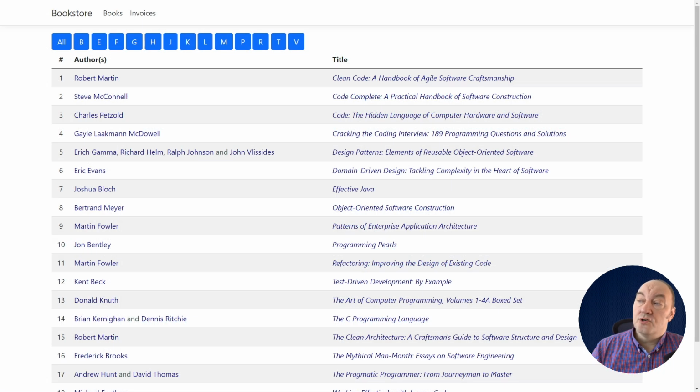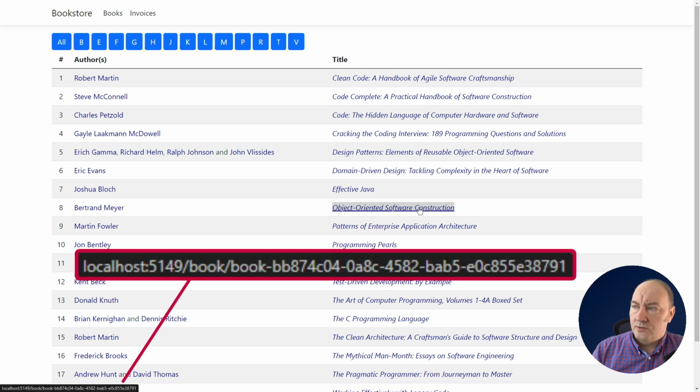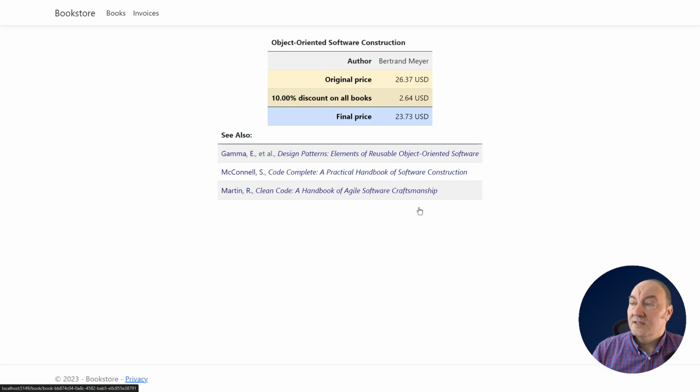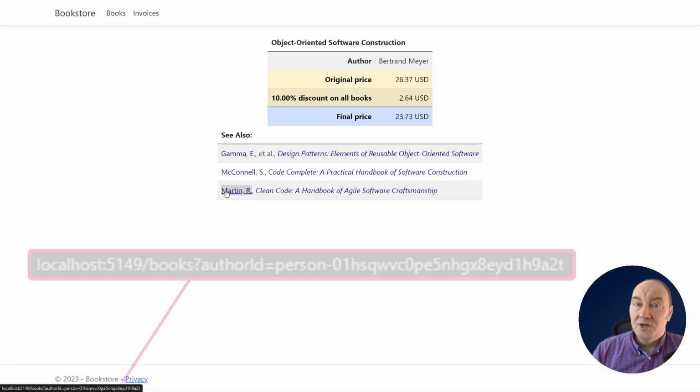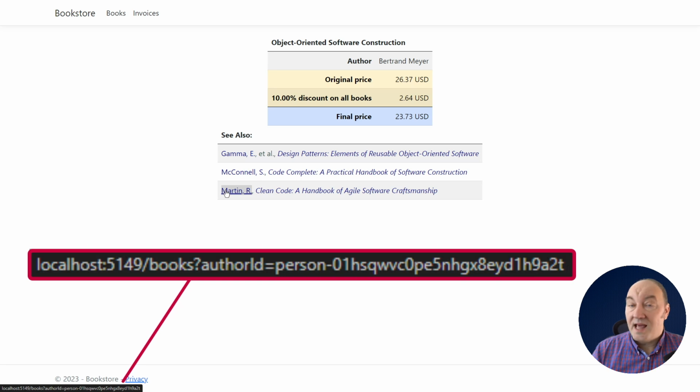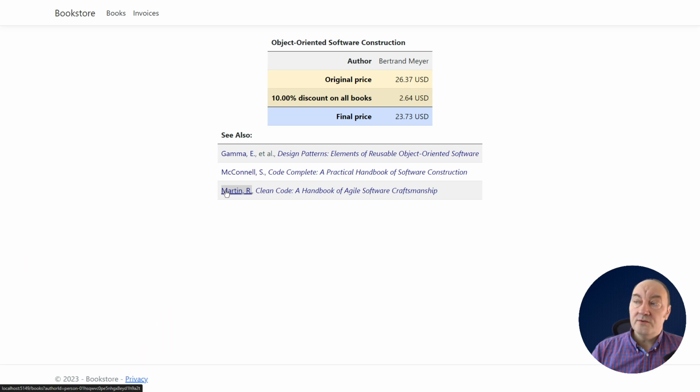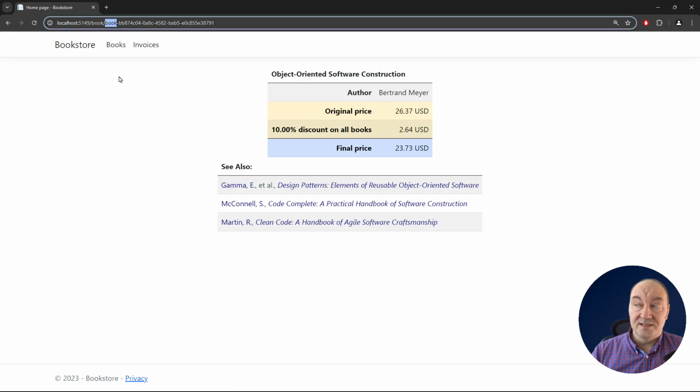Let me run the application one more time to show you the results. The URL to the book details now includes a prefix saying it is the book's ID it holds. Look, the link to the book's author will contain a different stamp, person. If I try to hack my application and submit a person's ID where the get action expects a book's ID,